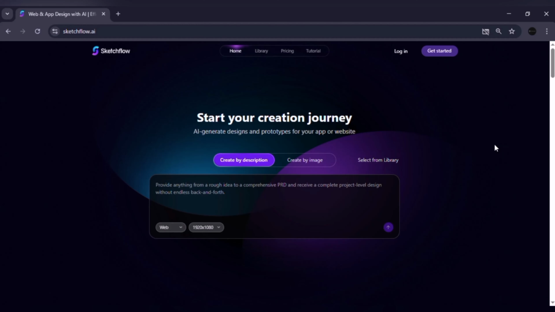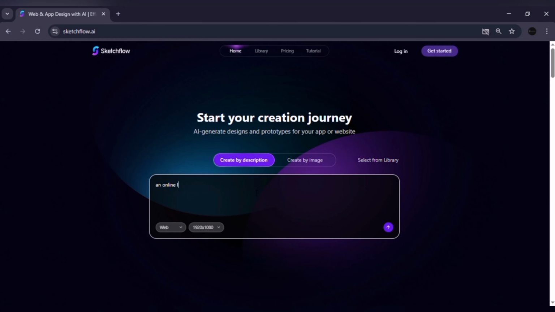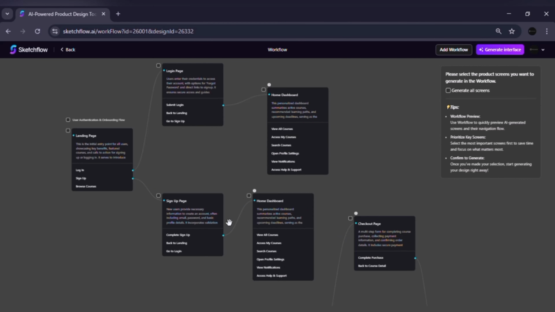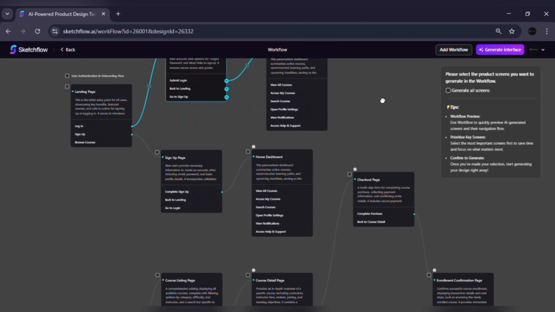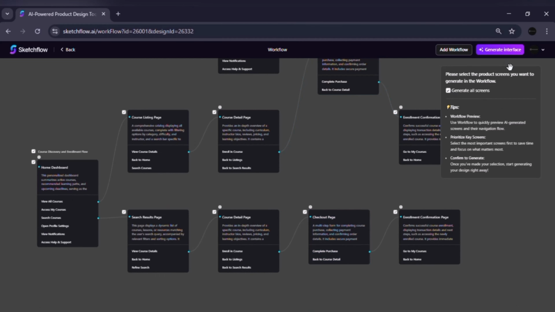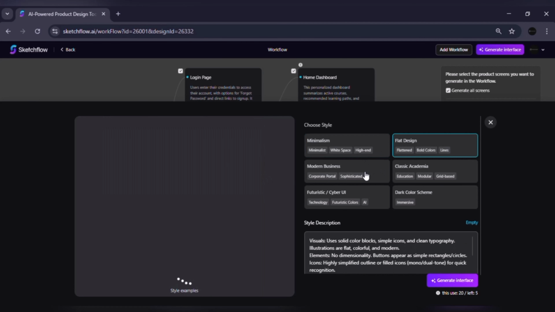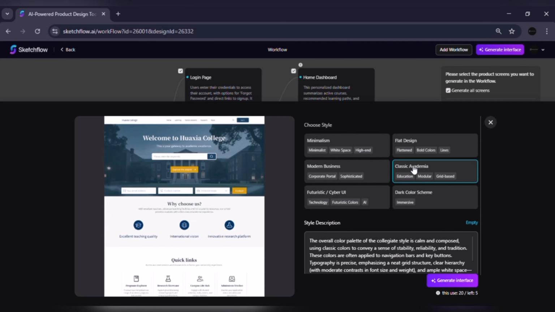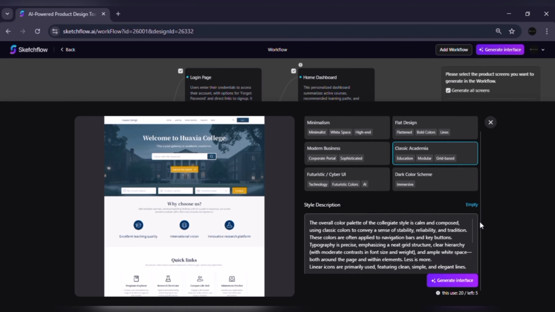You can kick off a project in two powerful ways. Blueprint method. Simply describe your product idea. It could be as simple as an online learning app, or as detailed as a requirements document with features, target users, and scenarios. Sketchflow then generates a workflow map, showing all possible journeys through your app or website. You can review, add, or adjust steps before moving on. Once confirmed, pick a design style using presets, your own customization, or AI's suggestions, and Sketchflow instantly generates your entire